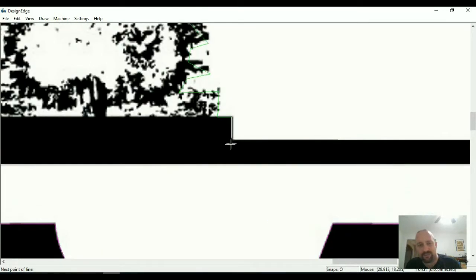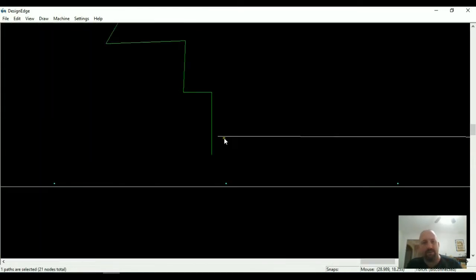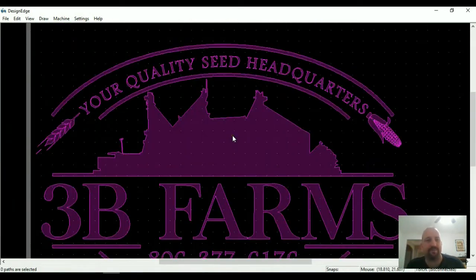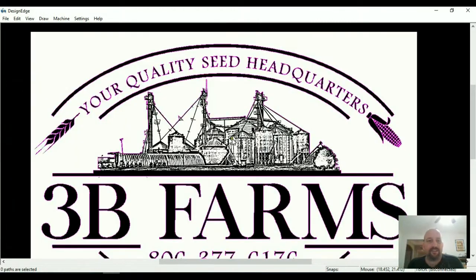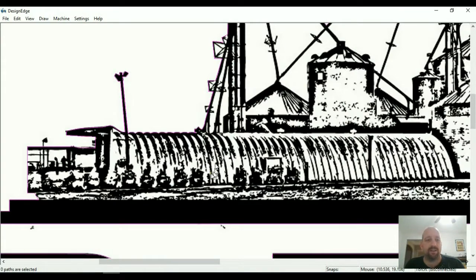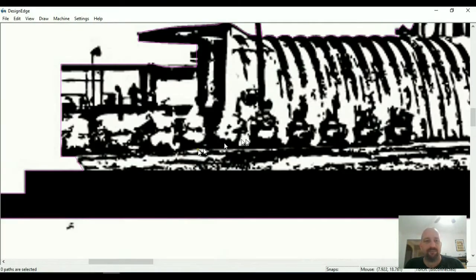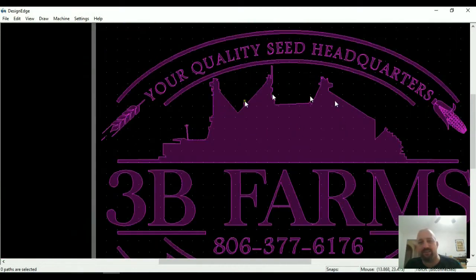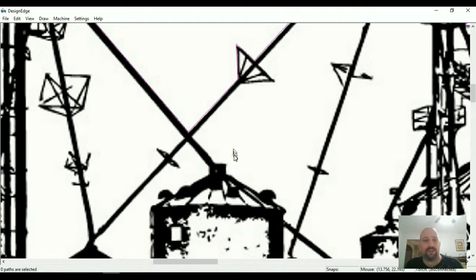I should have a line at some point. I'm going to X extend, X trim, J for join. There's your outline of the grain elevator. Then we can come in, and right now it's a big solid sheet of metal. So we can come in here,